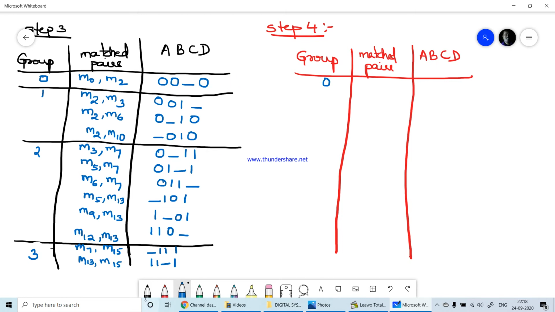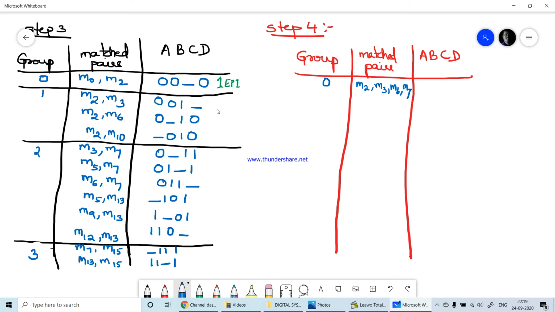So this is the first essential prime implicant. Okay, now coming to M2 M3 mapped with M3 M7. So it is not possible. Now we will have M2, comma M3 getting mapped with M6 and M7. If you see, you will see M6 and M7. You can see M2, M3 mapping with M6 and M7.